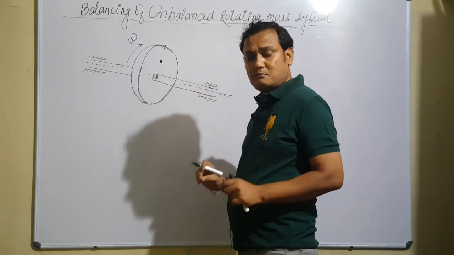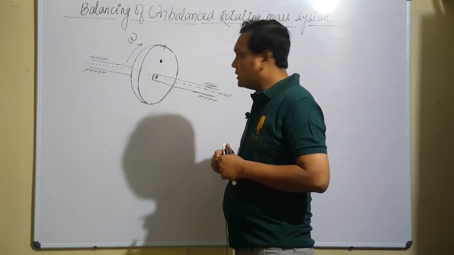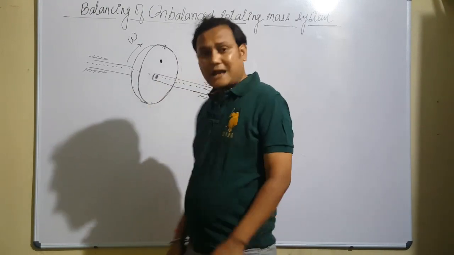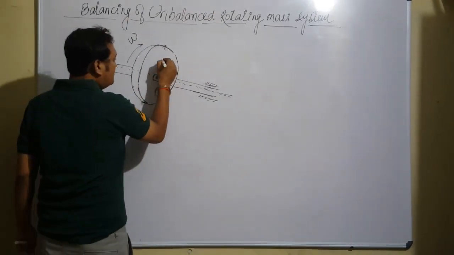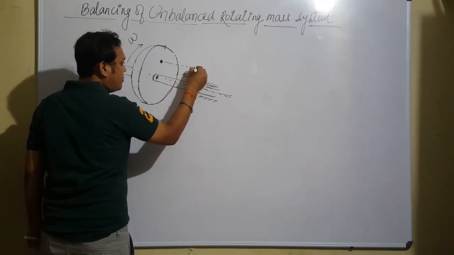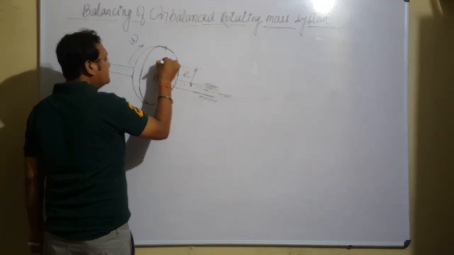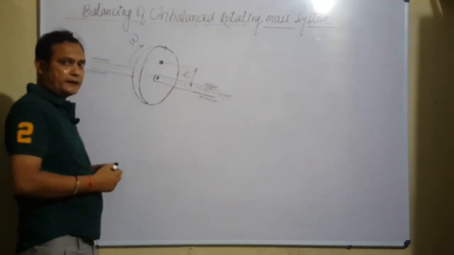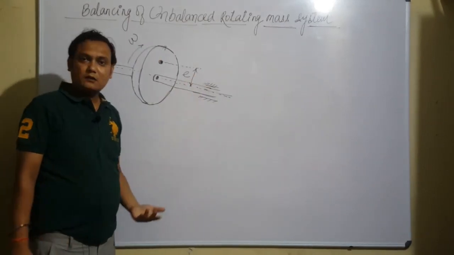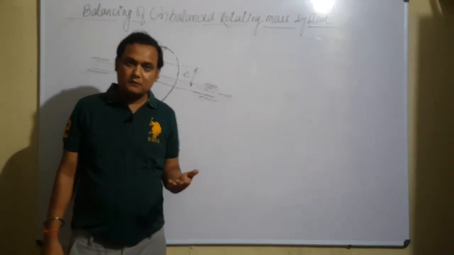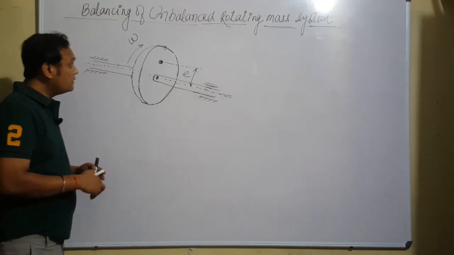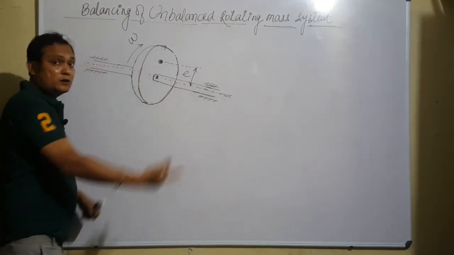But just to make it clear, just imagine this eccentricity of the center of mass from the axis of rotation is E. The center of mass of the body has shifted from the axis of rotation by an eccentricity E because of many reasons it could happen. One or two reasons I have already uttered. Okay. Then, if the system is rotating with angular velocity omega,